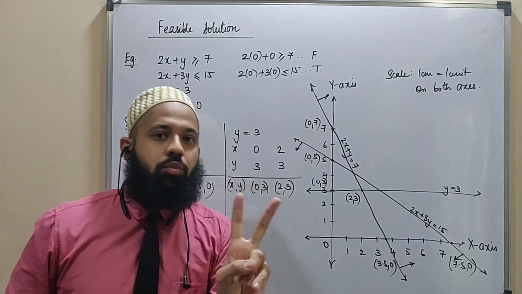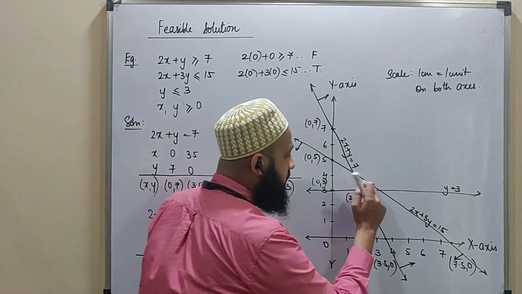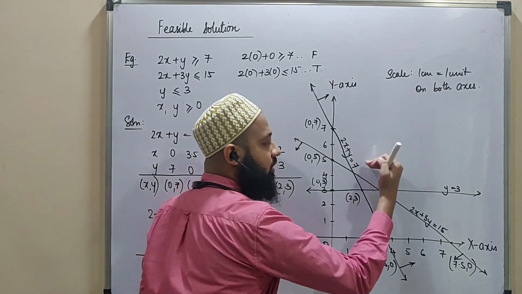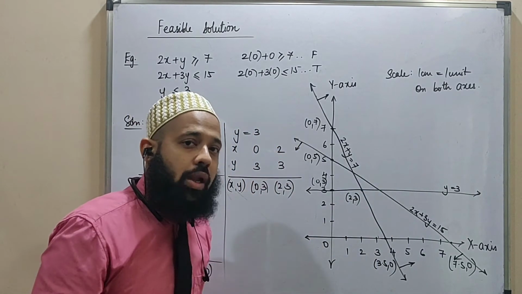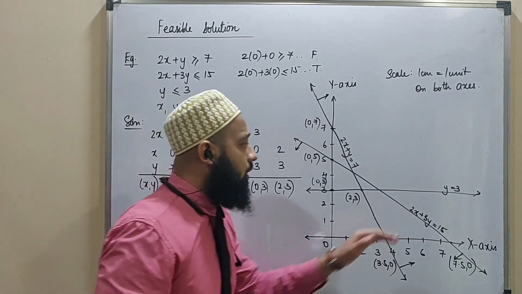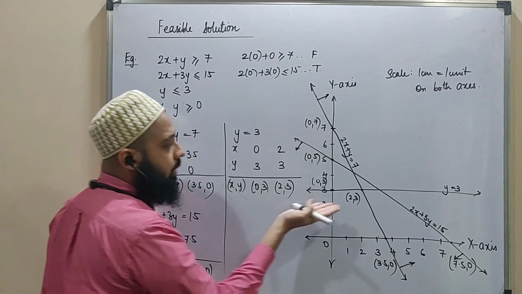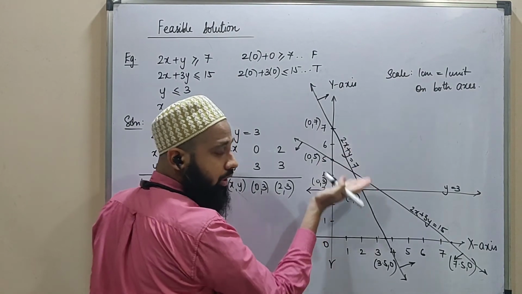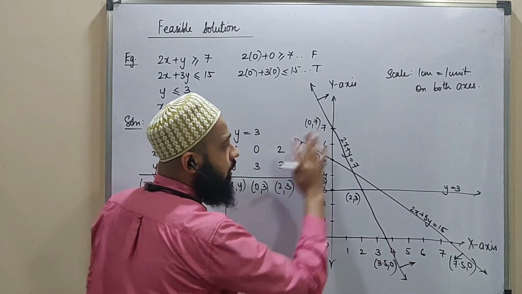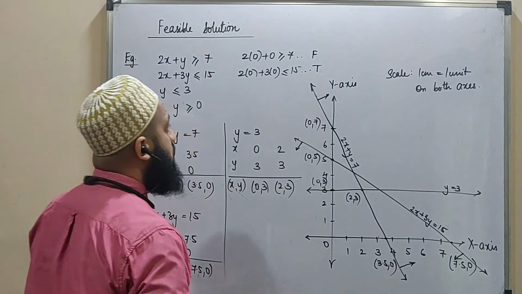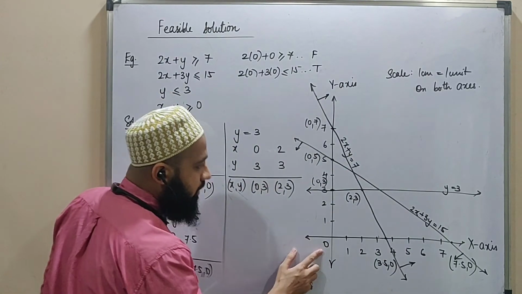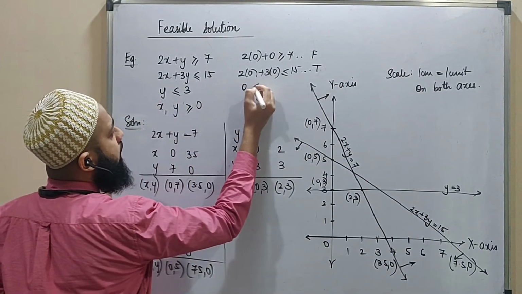Okay, we cannot go below the axis, so we are locked in here. Now there are only 2 possibilities left, which is either this region or this region, that is above this line or below this line. And who's going to help us to find out? That is this line only. So I'm going to use this line and determine whether I have to mark the region above it or the region below it. All of the remaining already got eliminated. So now what I'm going to do is the same thing, take 0 and put it here. So 0 less than equal to 3.